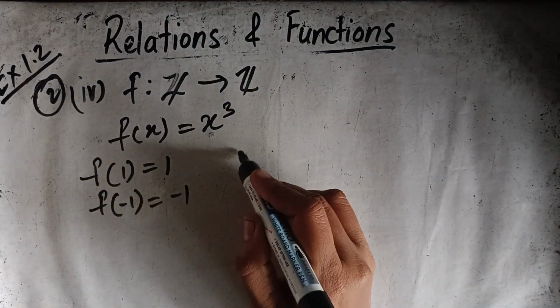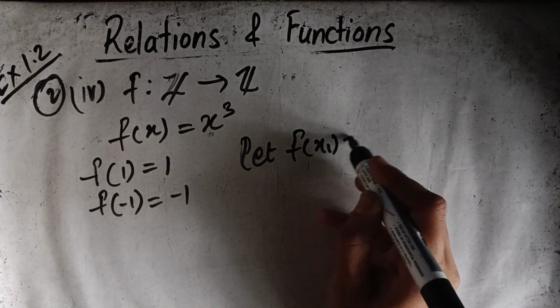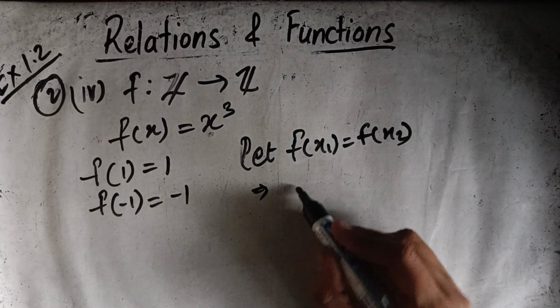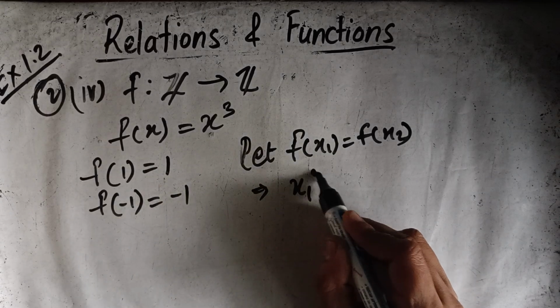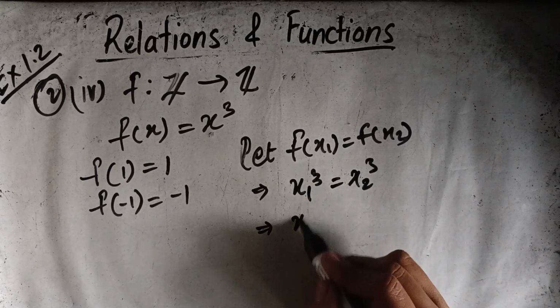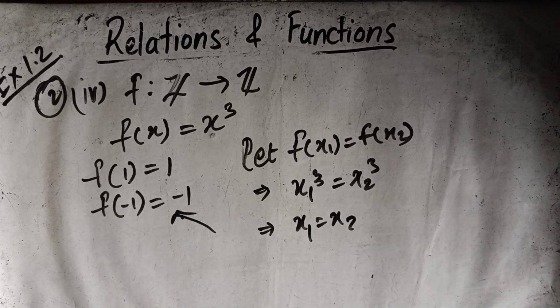So you can write it as, let's say f of x1 is equal to f of x2. So x1's cube is equal to x2 cube. So x1 is equal to x2, and you can write here some example. Then proving